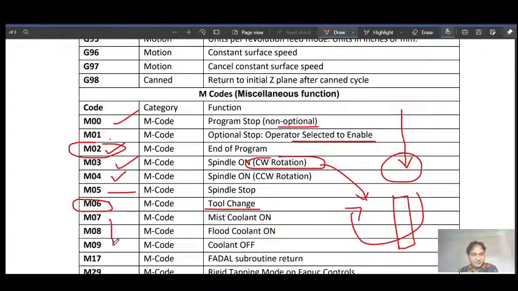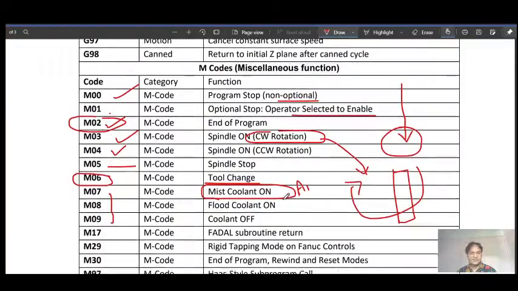Then M07, mist coolant on. Mist coolant means here we will mix coolant with the air and supply it, so in the form of droplets. Then M08, flood coolant on.